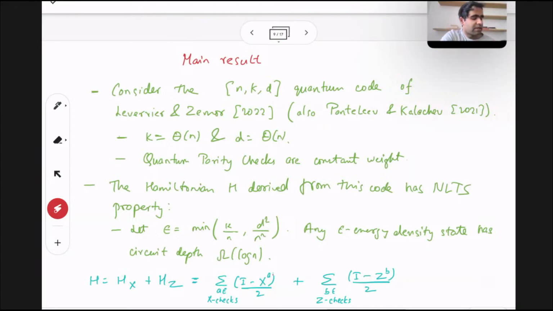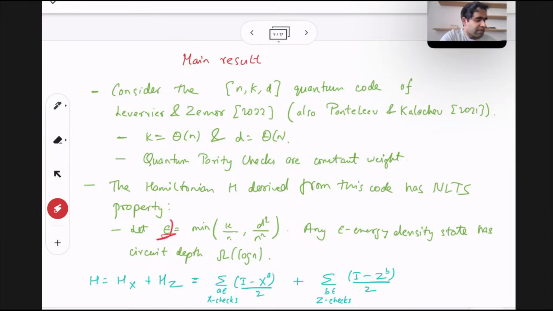These codes are good in all senses. First of all, they encode a linear number of qubits. The distance is large, and all the quantum stabilizers have constant weight. They act on a constant number of qubits. So we take these codes and we show that the Hamiltonian that comes from these codes, which I'll write down in a moment, has this NLTS property, which resolves this conjecture of Freedman and Hastings,